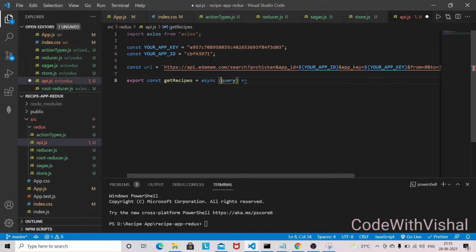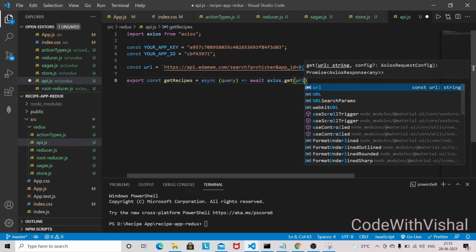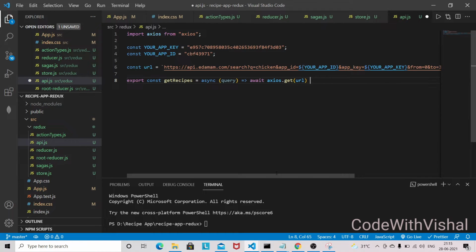So make sure it is async, and await Axios dot get, and we are going to pass this URL.